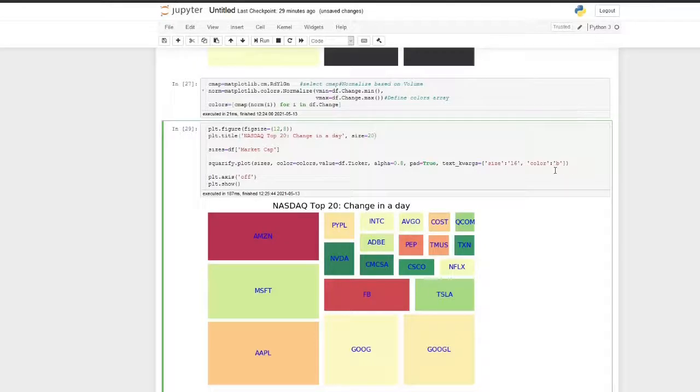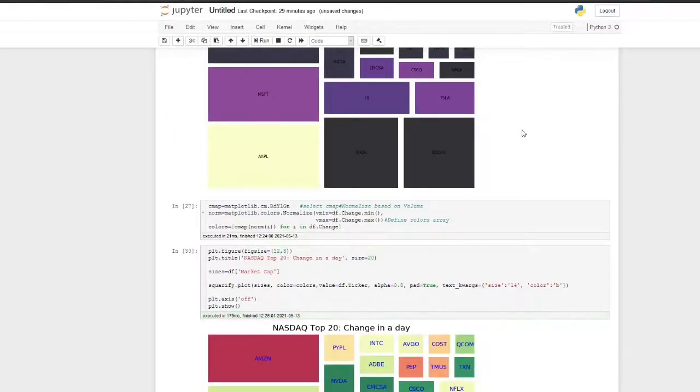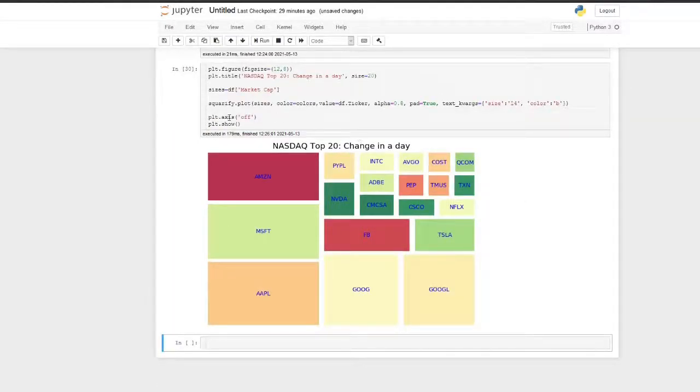Okay, size I will decrease. Maybe I think 14 will be fine. Okay, so this looks good.